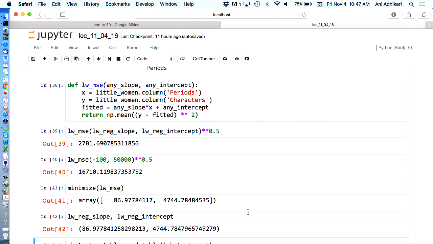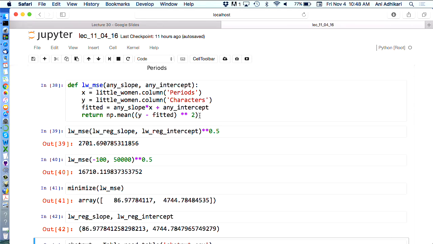I'm just a little confused on when you use minimize, like LWMSE is a function. Correct. So I'm confused as how it's already running without giving it any values. Okay. So what minimize says is the thing that they're giving me here is a function. I will go back and find the definition of that function. So minimize goes back and finds this, right? It says, okay, that function takes these two parameters, these two arguments. I have to find values of these two arguments that minimize whatever this function returns. So what does this function return? It returns this thing, all right?